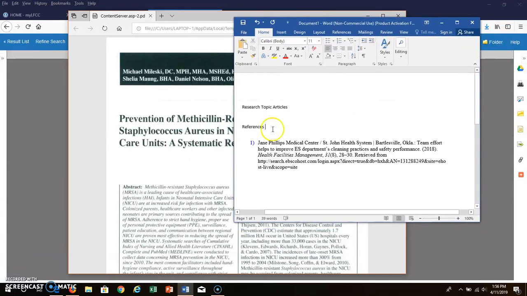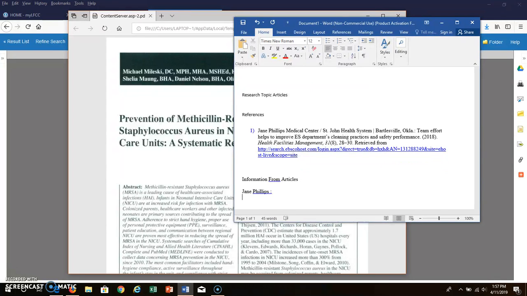So I could do a reference section, but then I could go down and I could say information from articles, and then I just say reference briefly the article that I'm talking about, and I can just paraphrase